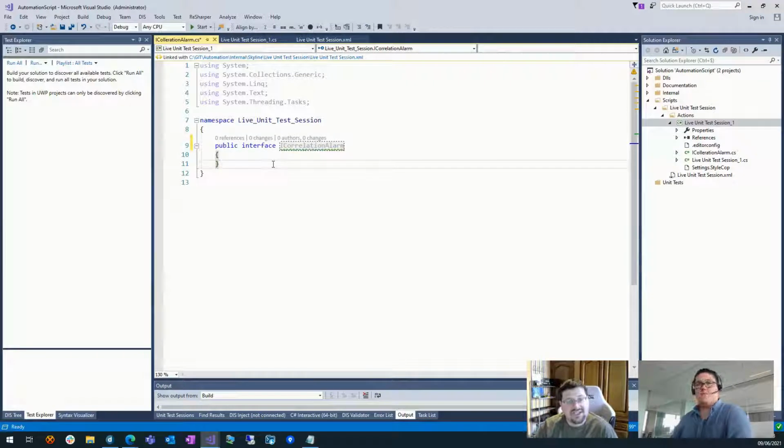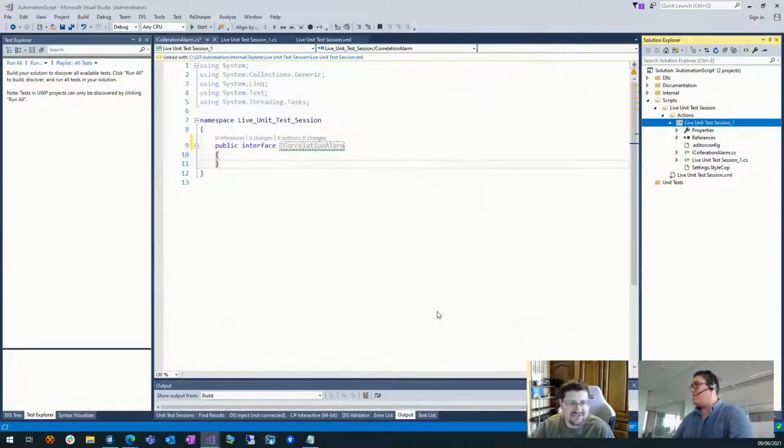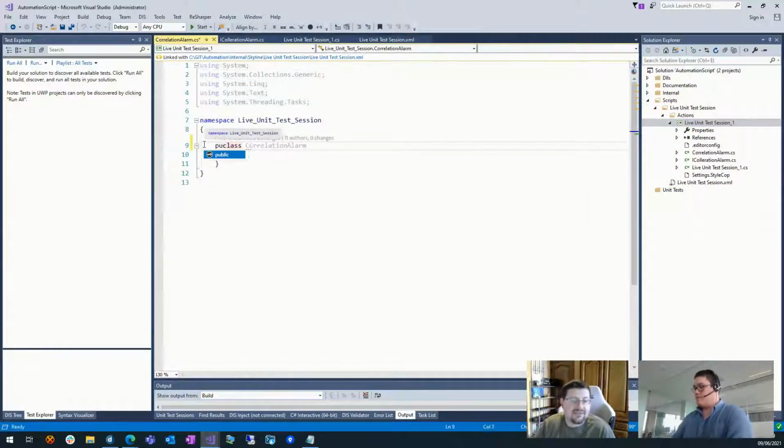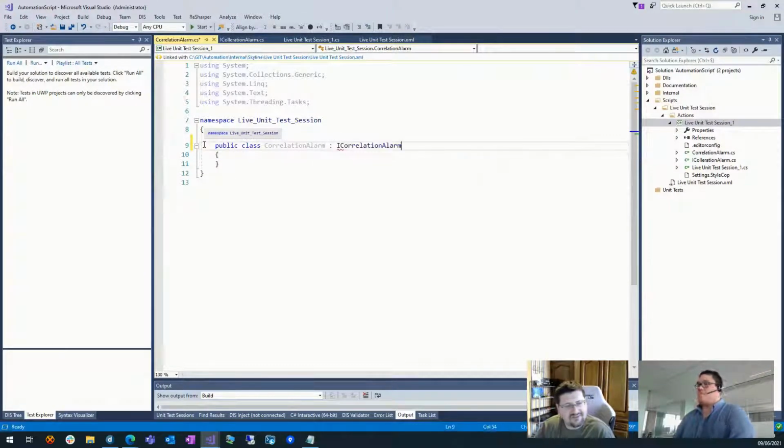So now in this case, to create the correlation alarm, we're going to need a constructor. I started with an interface because it's just good habit, but a constructor you cannot really design in the interface. So we're going to need to already make the actual concrete class as well. So Michiel is going ahead here with creating the correlation alarm class. And in that one, public class. I don't know why they always start that as internal or private, actually. That's a good question, but I am not an expert on Visual Studio itself. So one day we'll know.